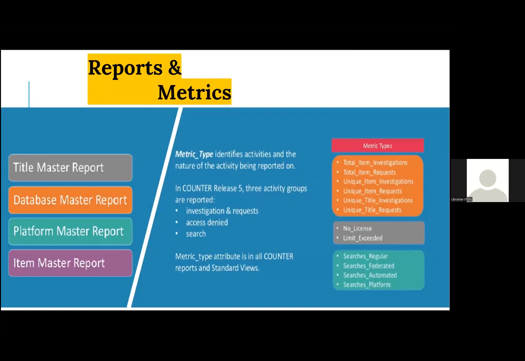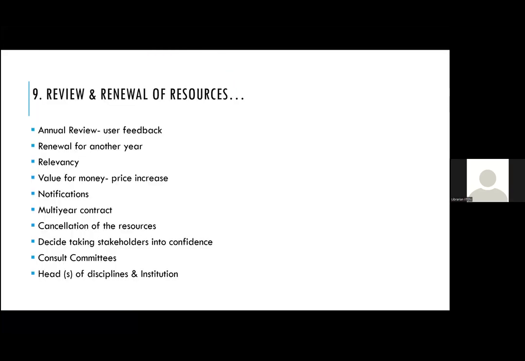And this is something that we need to see when we are taking a decision whether to subscribe to a particular resource or not, whether a publisher is complying with the COUNTER practice. This new version is offering more than one format of producing the statistics, and it has gone beyond what one was expecting earlier.